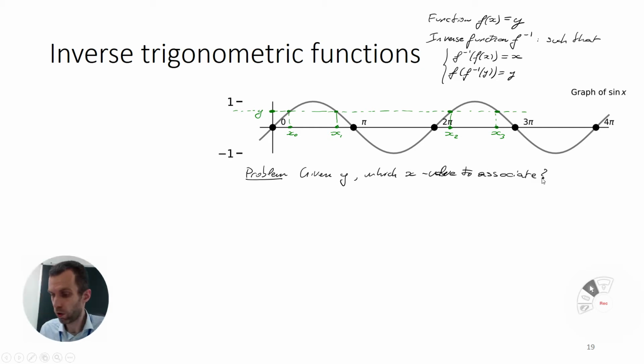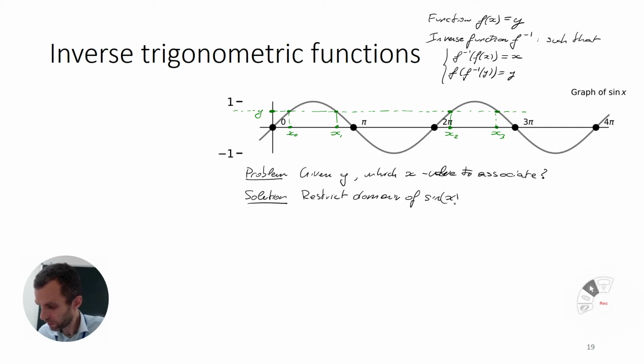All of these x values map to the same y under sine, so they all a priori serve the same purpose. So the solution here is going to be to restrict the domain